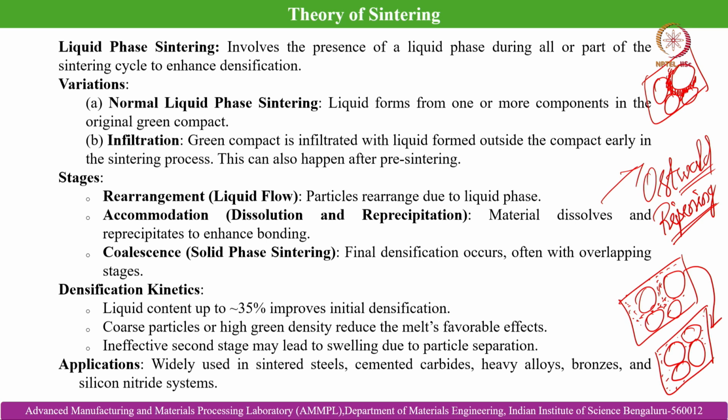And then the second stage is the accommodation, that is dissolution and reprecipitation. So, in this stage it is basically the Ostwald ripening mechanism that we have discussed earlier also, where we can see the growth of the bigger particles at the expense or dissolution of the smaller ones. So, this is the example of the Ostwald ripening that happens in the second stage, that is the accommodation stage,